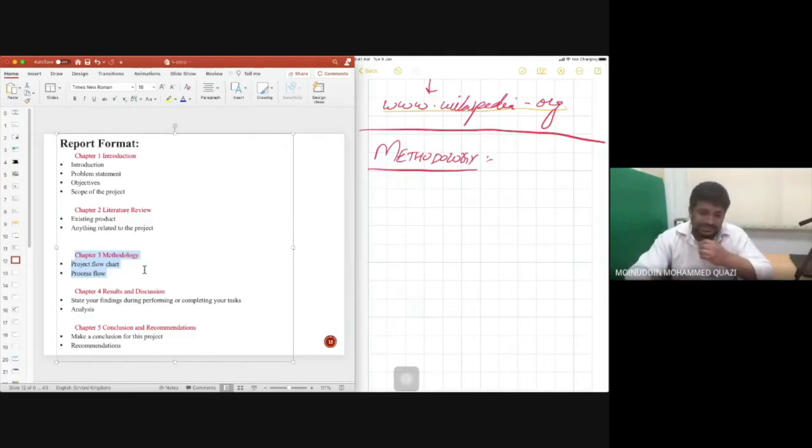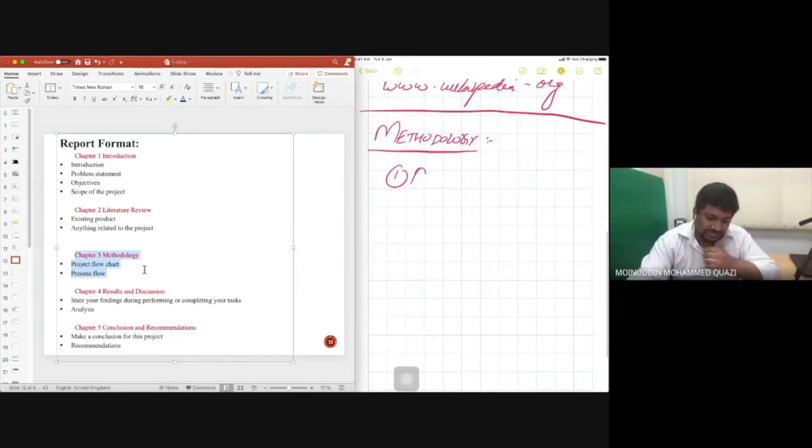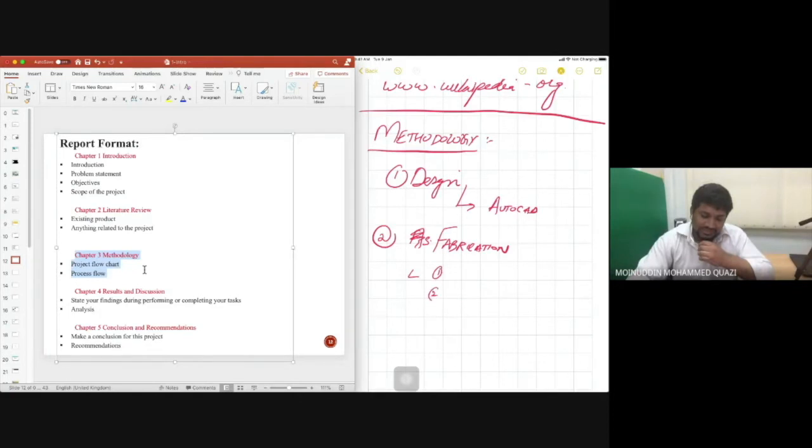Let's say the first process is to design, so you're going to design it on AutoCAD. Then the second phase would be, let's say, fabrication. In fabrication you have maybe many steps: number 1, number 2, number 3.